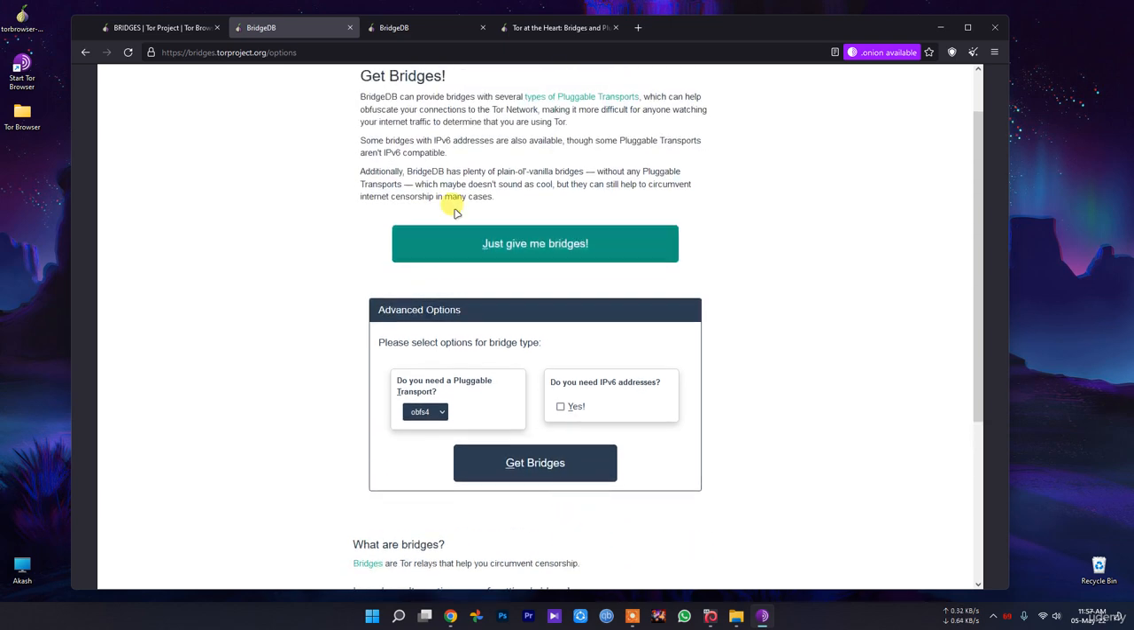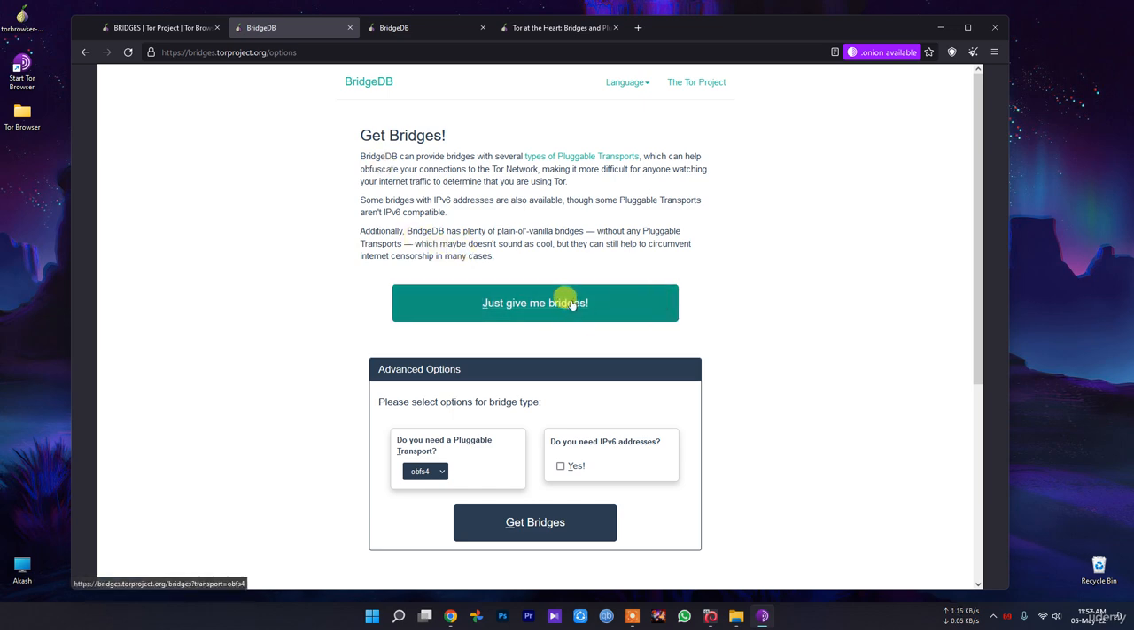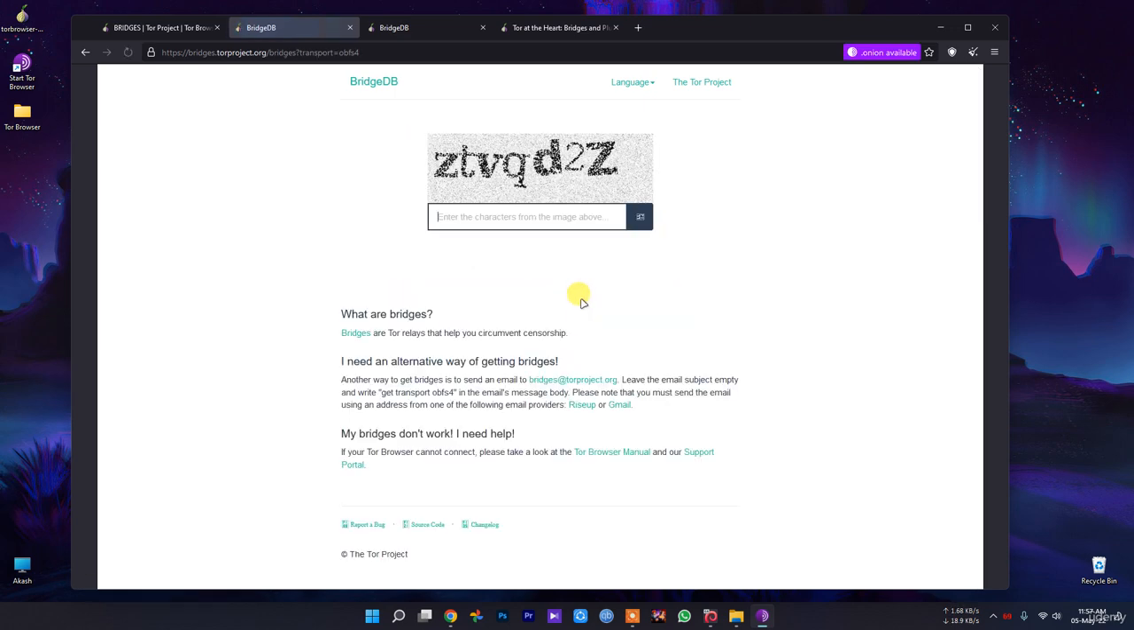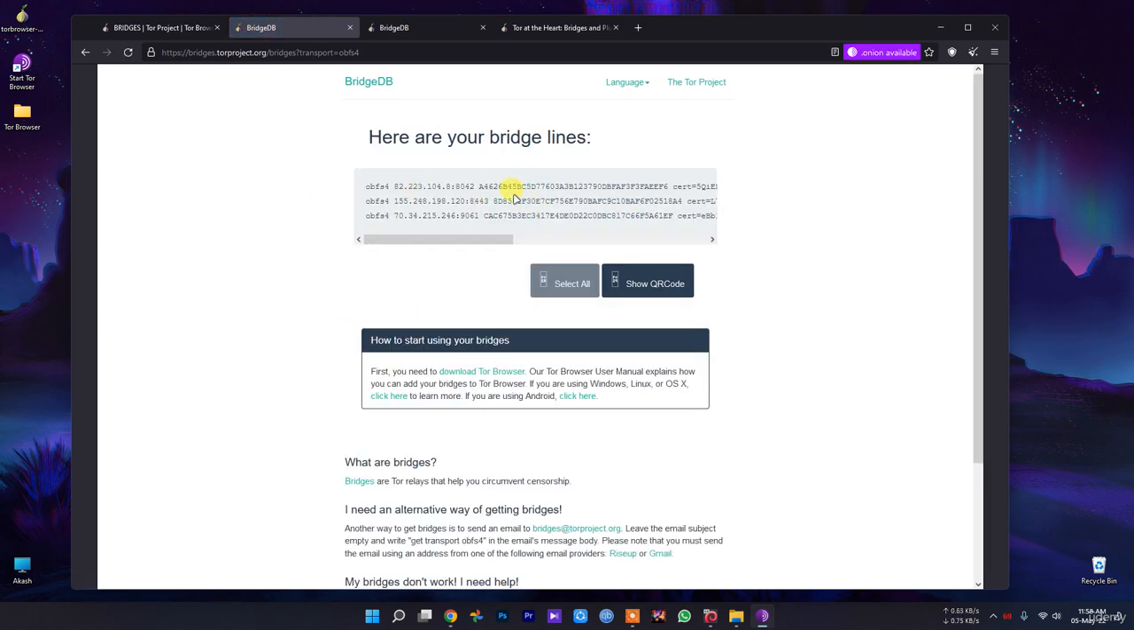Let's now get a bridge. So just click, give me a bridge, and complete the captcha. As you can see, these are the bridges. There are three bridges in here, with the IP address, port, and all of those,